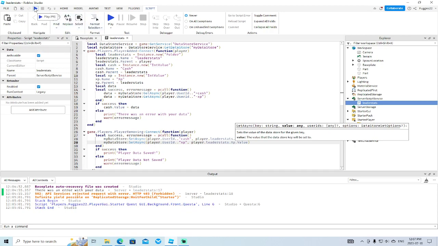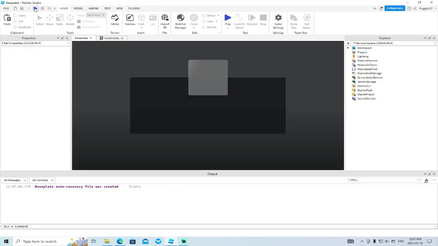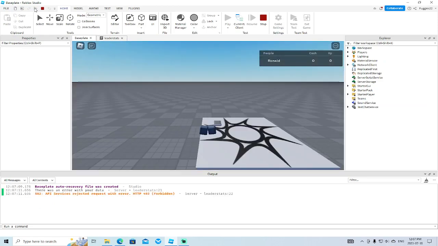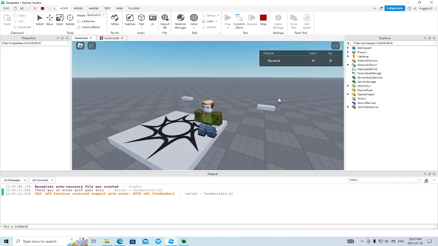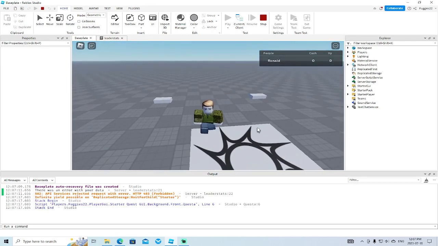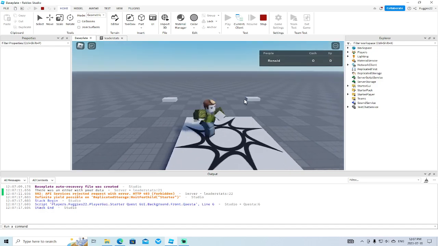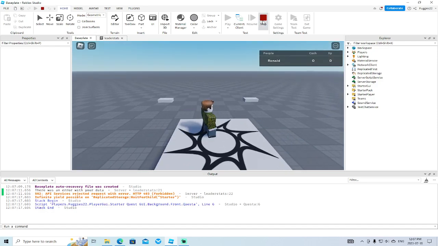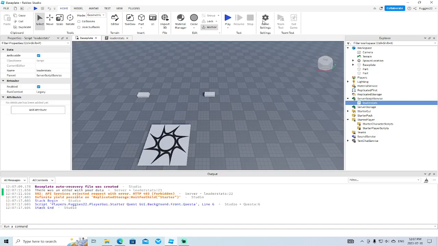So now let's see if that works. Look at that. Now I have cash and I have experience. Wonderful. So you can do that. You can add and add and add, just different ways, like I say, for you to track players' progress through your game. All right, so now that we have the leaderstats out of the way,